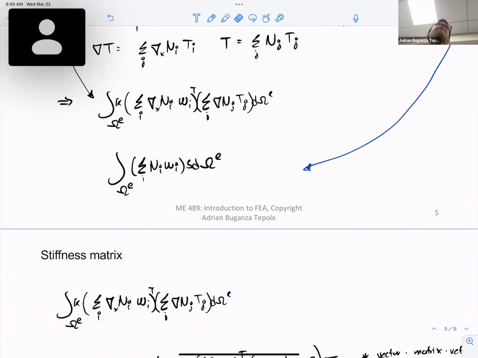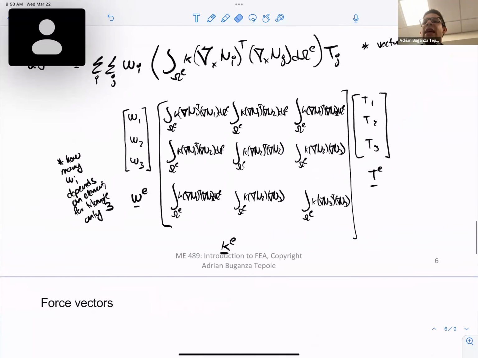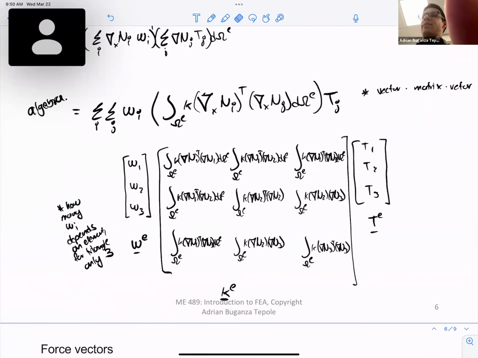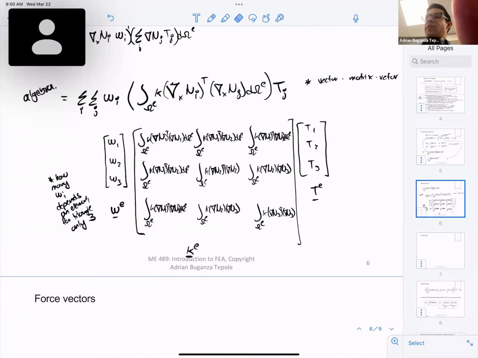Other questions? All right, so that is the stiffness matrix. I'm going to do one more thing, which is